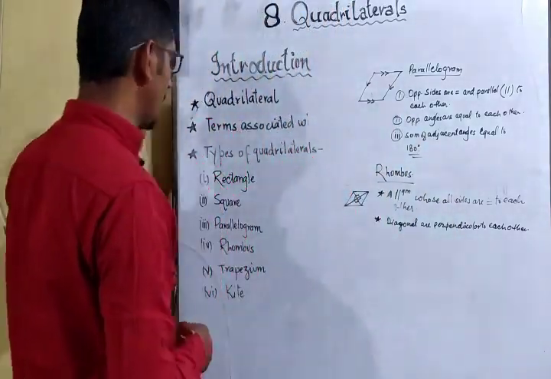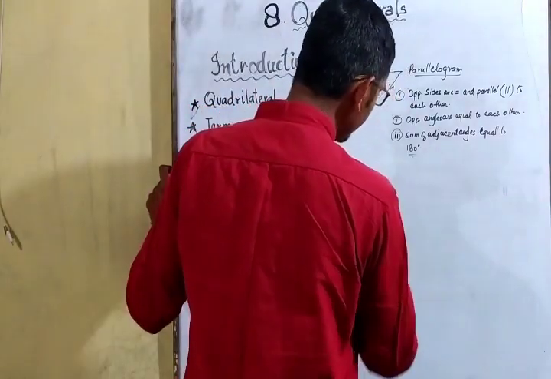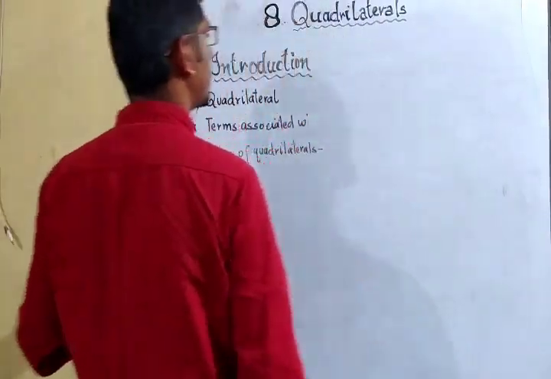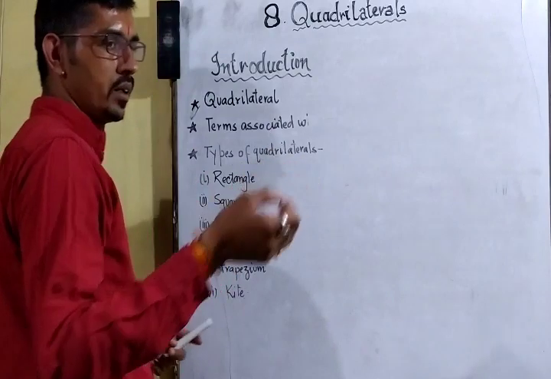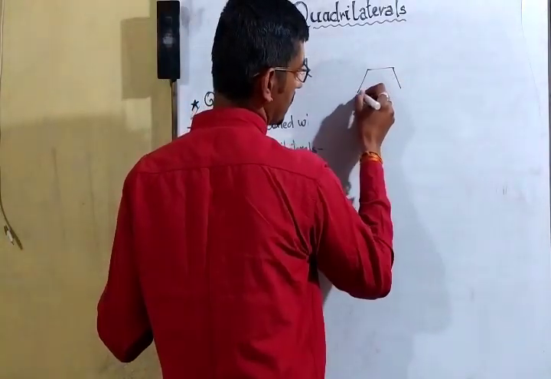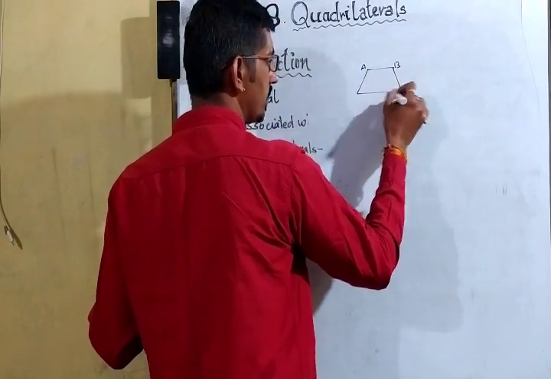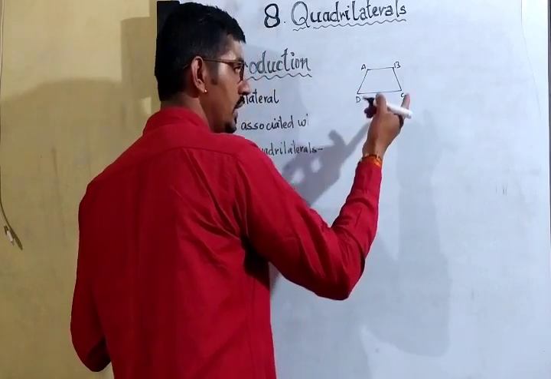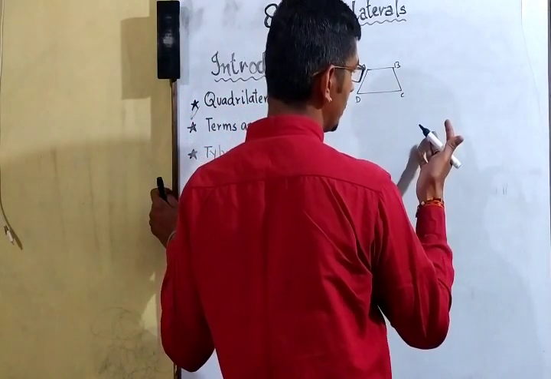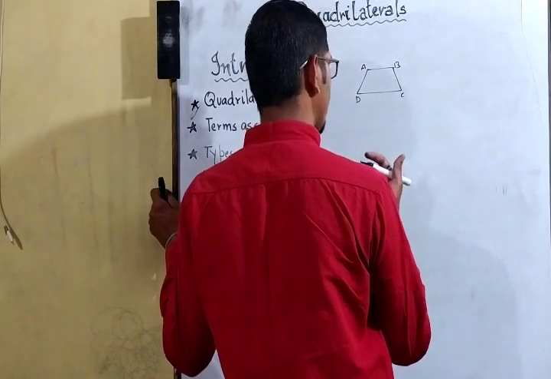Okay, now move on to the next figure, that is trapezium. So what is trapezium? Trapezium is that quadrilateral in which a pair of sides is parallel to each other. Okay, what is trapezium? We have dealt with this figure in previous classes as well. A, B, C, D, a four-sided closed figure it is. So it is a quadrilateral. So why is it known as trapezium?